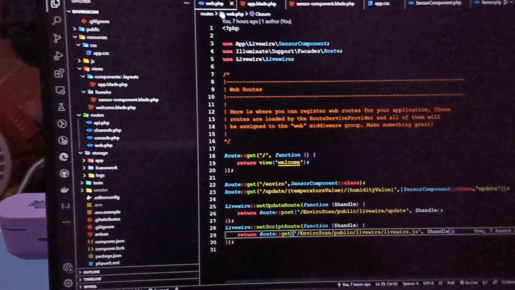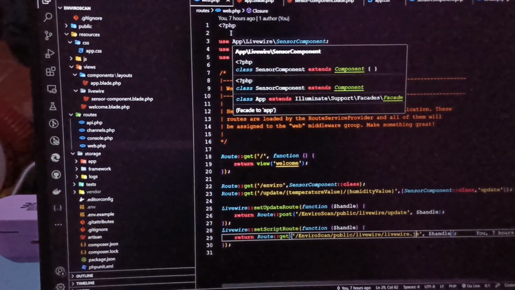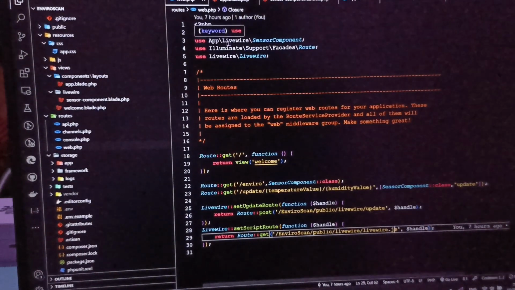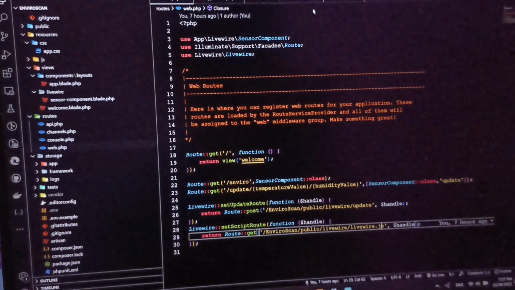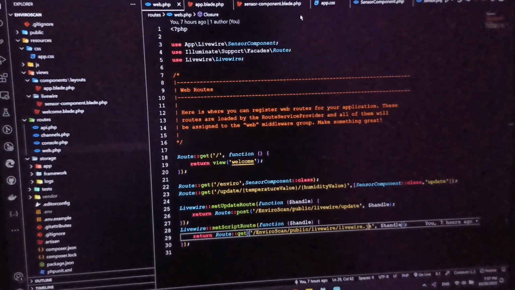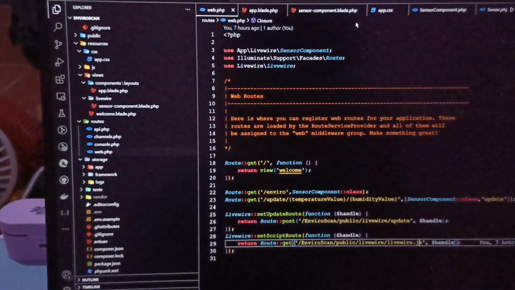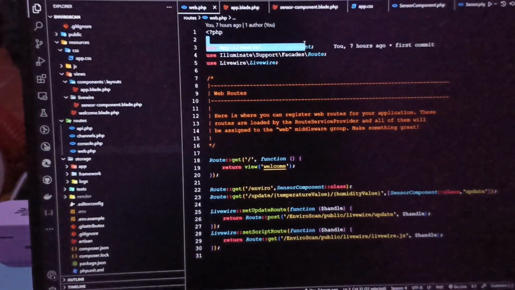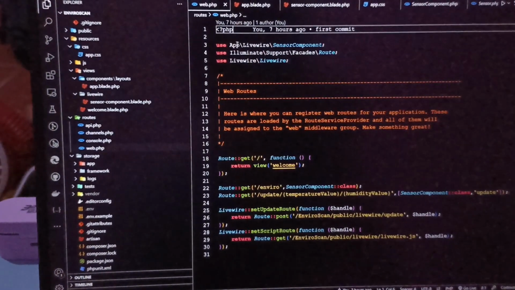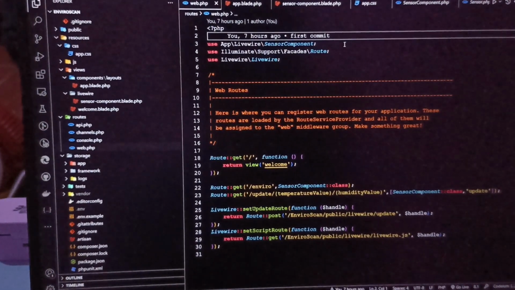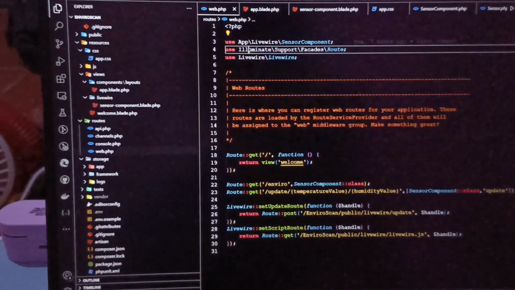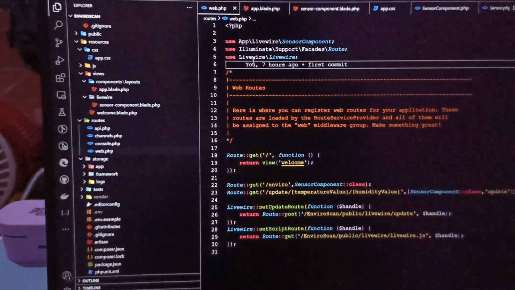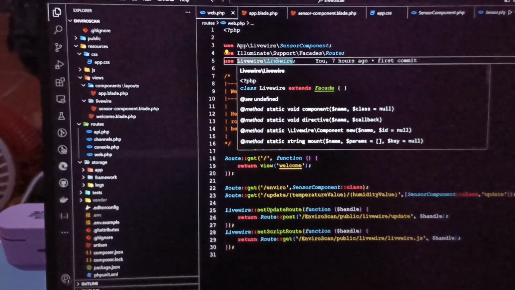And in this web.php I create a use app Livewire, because I make it to see the Arduino in real time. This use app Livewire sensor component, and this root, and this use Livewire slash livewire.